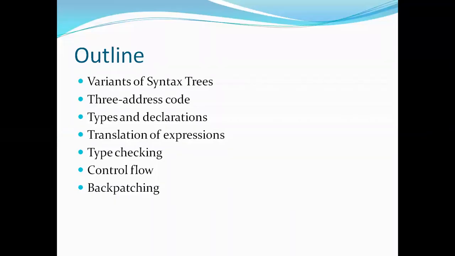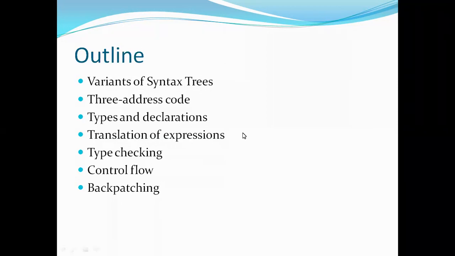The first concept under intermediate code generation is the syntax tree, and there we will also learn about the DAG representation, the directed acyclic graph. The construction of the syntax tree was already explained in the last classes: how to construct the abstract syntax tree, how to represent a tree structure, and how to write the semantic actions corresponding to the production rules. All of this I explained in the last class. The syntax tree can also be called an abstract syntax tree.